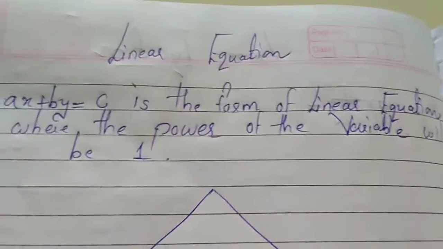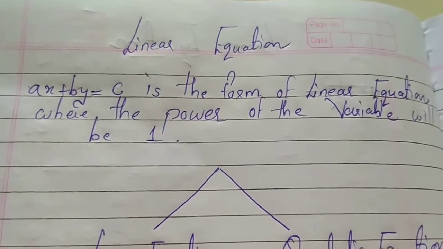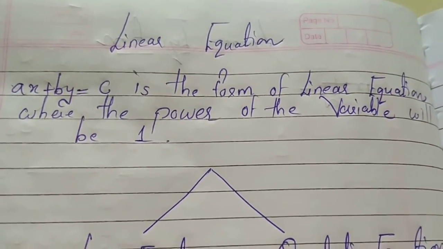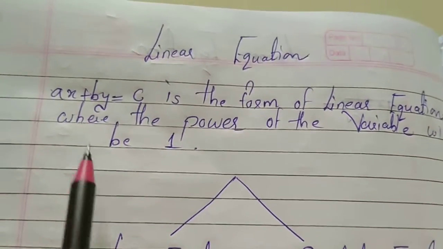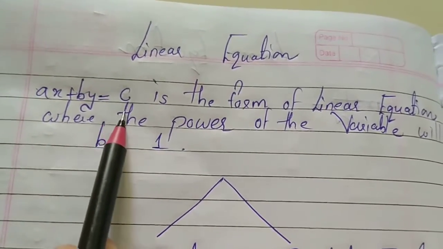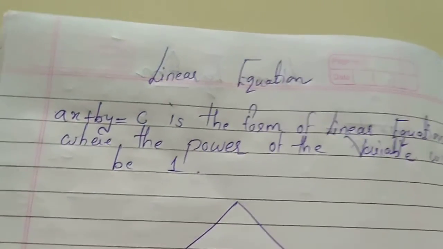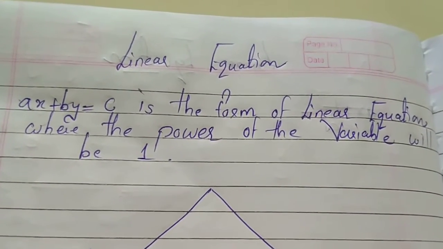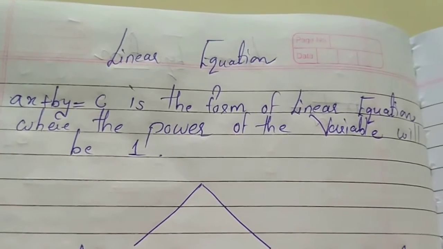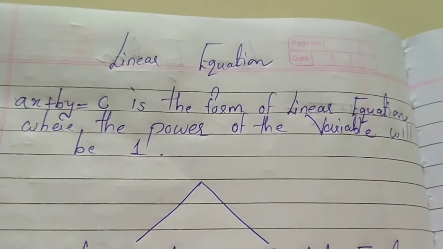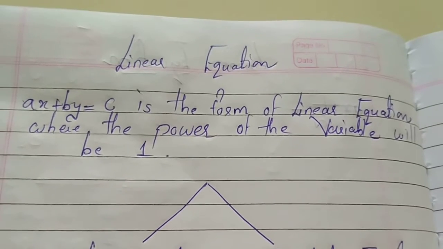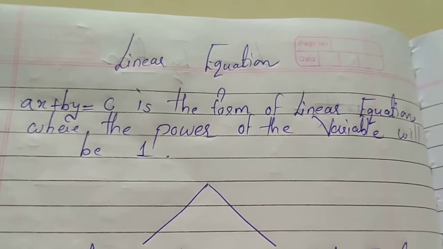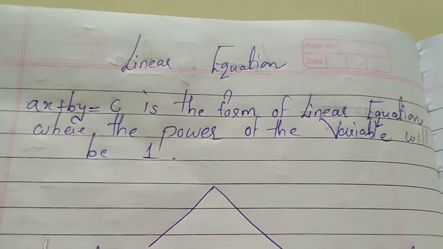So in the first chapter, when we are doing the linear equation, you must know what is a linear equation and what is the form of a linear equation. The form of a linear equation is ax plus by is equal to c. What is the meaning of that? In the board exam they have separated the questions according to the marks. For a 1 mark question, they generally give you an equation and tell you to make it in a correct form in a linear equation. So you should know the form.